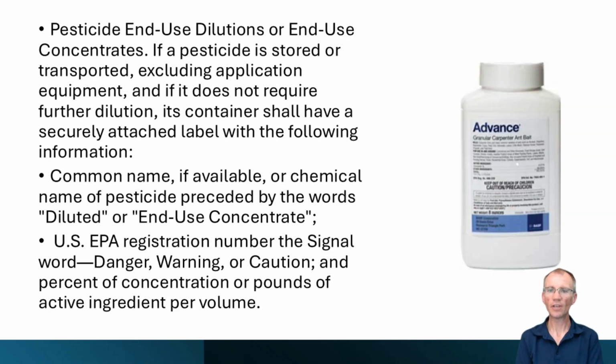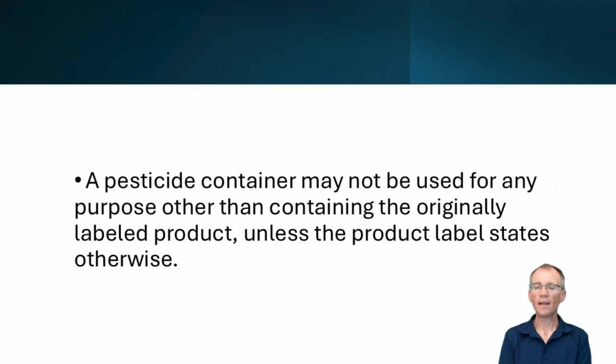Pesticide end-use dilutions or end-use concentrates. If a pesticide is stored or transported, excluding application equipment, and if it does not require further dilution, its containers shall have a securely attached label with the following information: common name, if available, or chemical name of pesticide preceded by the words diluted or end-use concentrate, U.S. EPA registration number, the signal word, danger, warning, or caution, and percent of concentration or pounds of active ingredient per volume. A pesticide container may not be used for any purpose other than containing the originally labeled product unless the